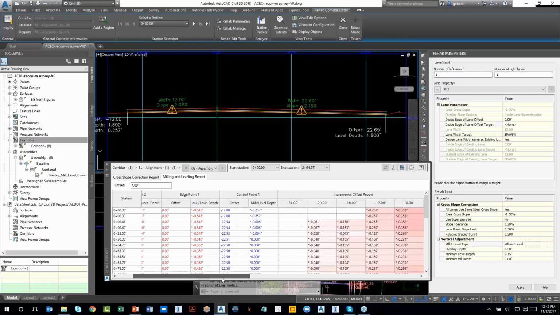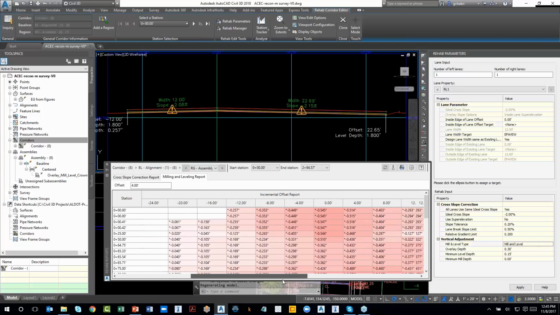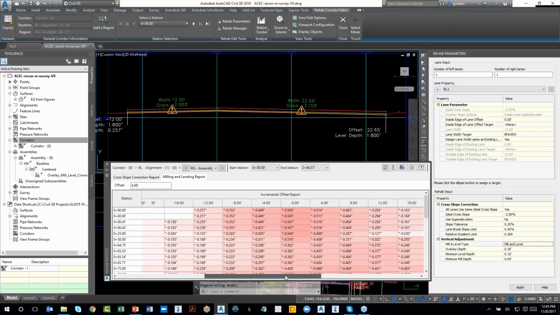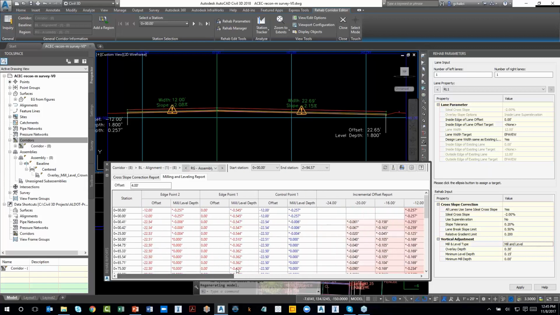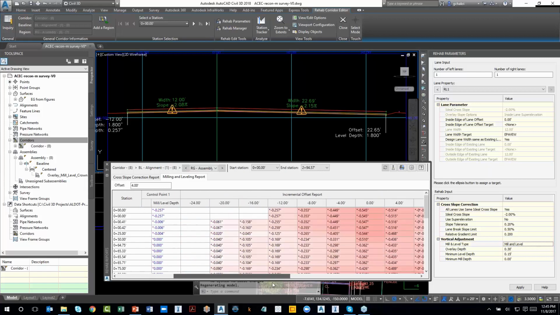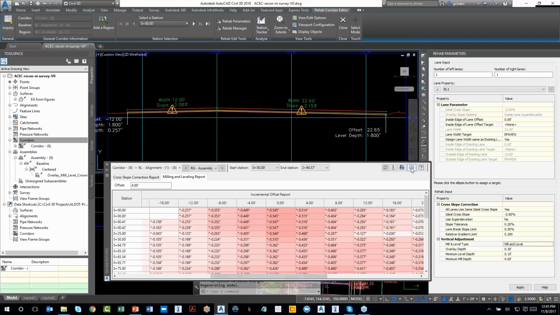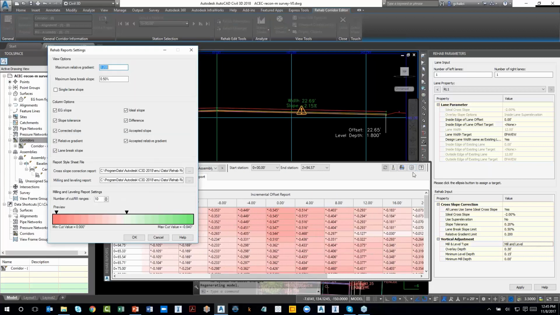So that's so on and so forth, on the right and left side. So that's the milling and leveling report. You can change your settings for the milling and leveling by hitting this gear button. So you can change the maximum relative gradient value, which actually syncs to what